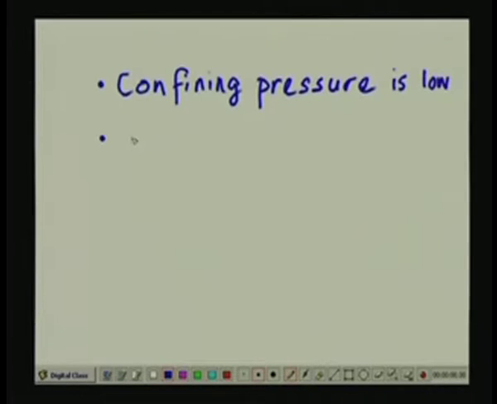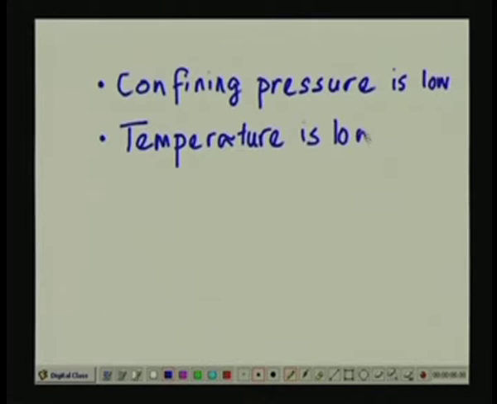Then the second important aspect is that the temperature should also be low, and the third aspect to consider is